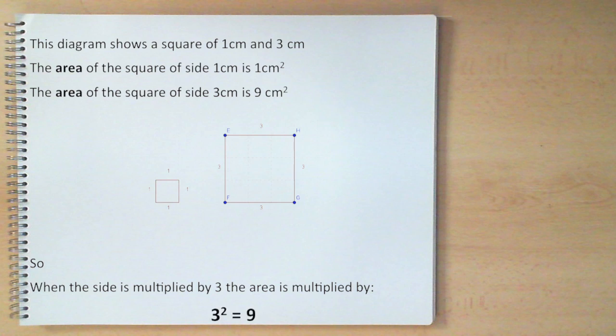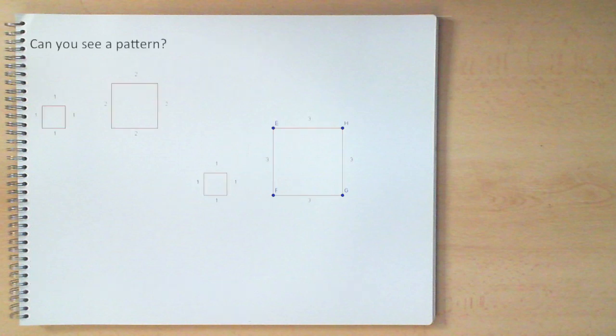I'm sure you will have seen the pattern by now, so I won't do any more squares. I'm not going to do a square of length 4 and a square of length 5. It's quite clear what the pattern is. Let's put all of the squares back up on the screen. So we have the square of side 1 and scale factor 2. The area scale factor is 4. With a square of side 1 and a square of side 3 with scale factor of 3, the area scale